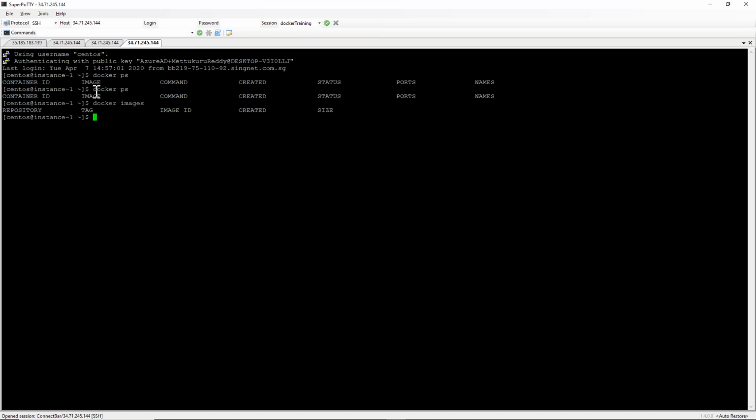Docker ps means running containers. Docker images means what are the images you have in your host. Okay, and then Docker. So let me run something. Better to discuss some Docker commands. Okay, I'll write down.